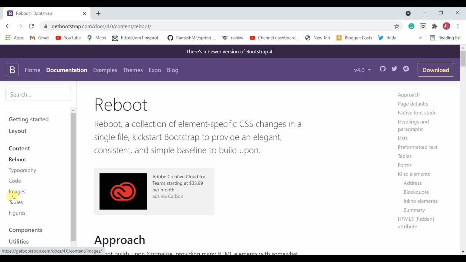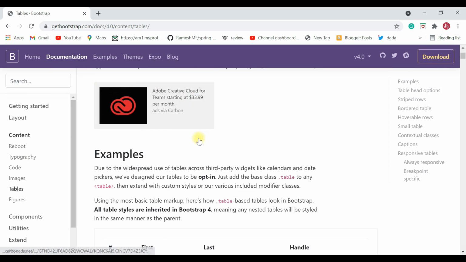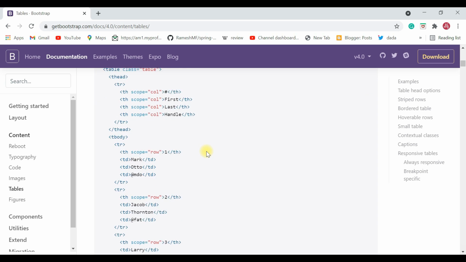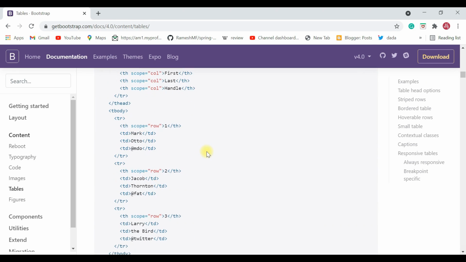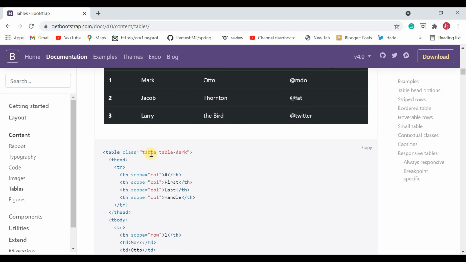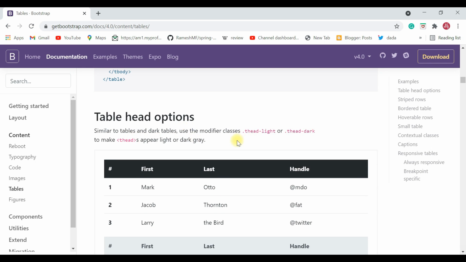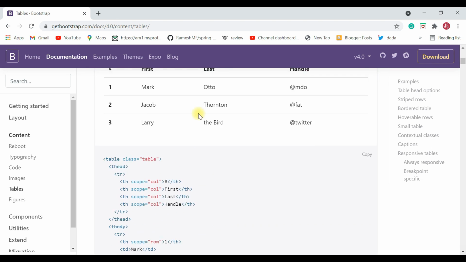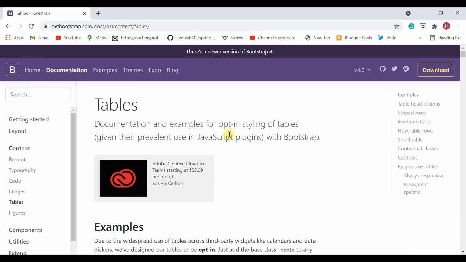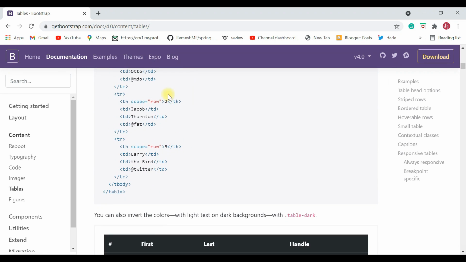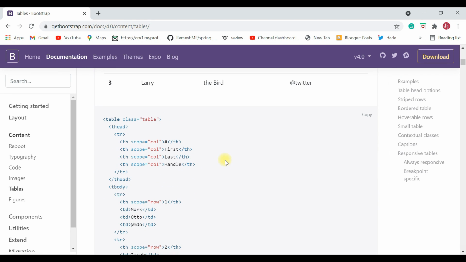Okay, so go ahead and click on tables here, and look here, we are going to use Bootstrap table CSS classes to style our table. Alright, great. So let's keep this page open as it is, because we are going to use a lot of Bootstrap CSS classes.